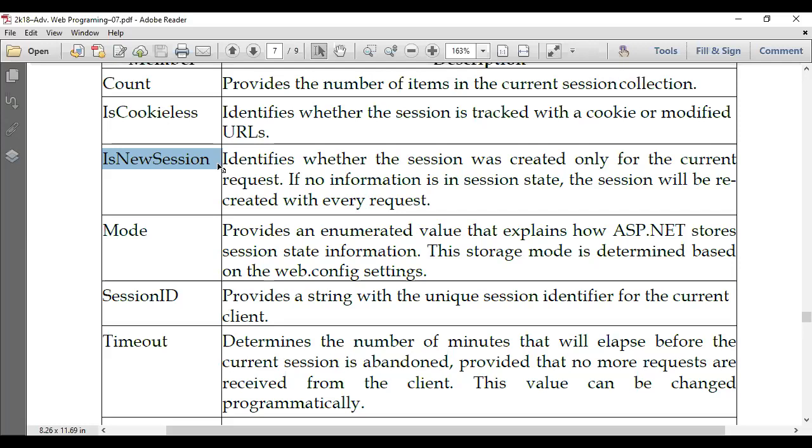So here I want to give you an example of how sessions are secure. On every page, we have to check whether the session is new. If the same user with the same browser is interacting with the website using the same unique session ID, IsNewSession will always return false, because this is a Boolean property.